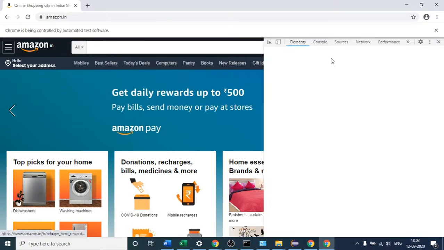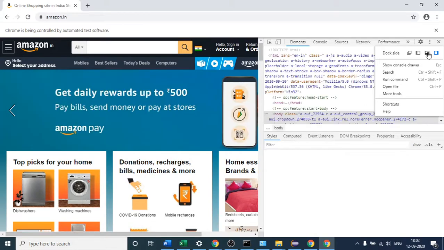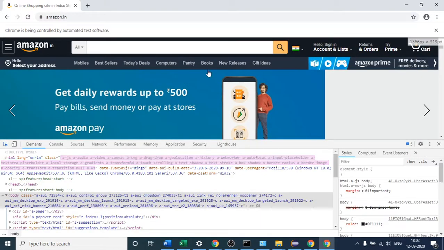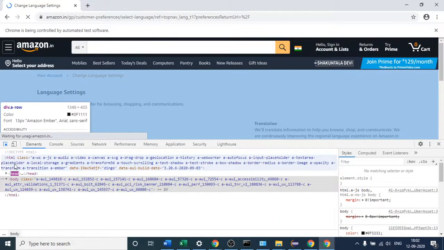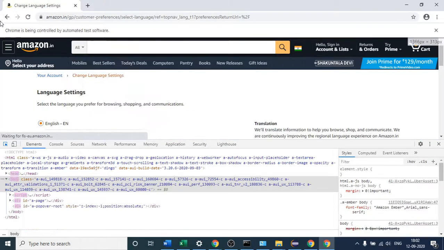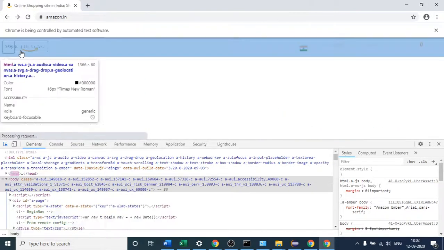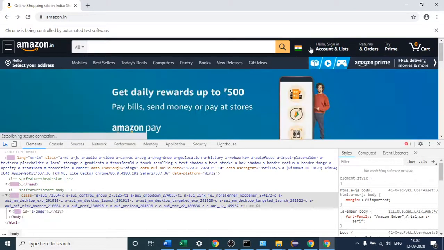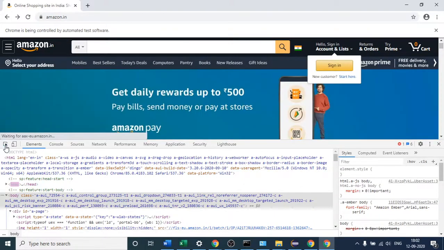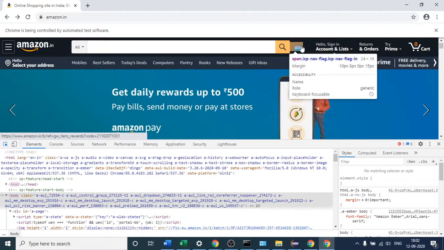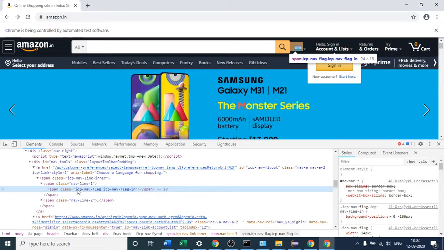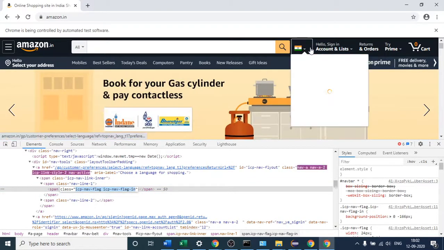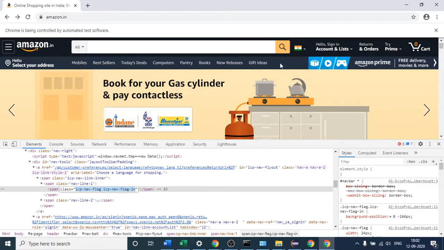Let me first open this. I will click dock to bottom, and suppose I click this. Okay, it is loaded again. I think I have to go back first. If I click this again, you can see, I think this is the one, right? This is the code they have written. You have to know the class name first, then only you will be able to click it, right? So in Selenium, we have to do it this way only.